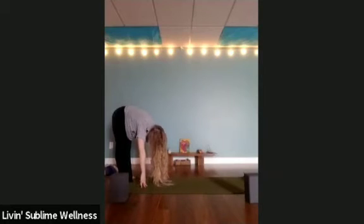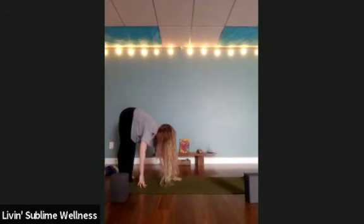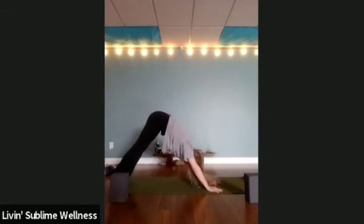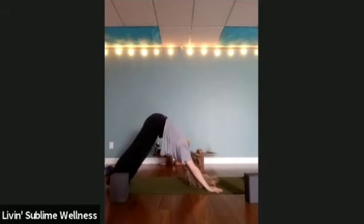Try to be here for 3 to 5 deep breaths. And you know how to slowly come out. So when you need to, listen to your body and slowly come out. And when you come out, when you're in that down dog, if you need a little pedal really quick, allow yourself a little pedal. If you're in child's pose, just get yourself back into down dog